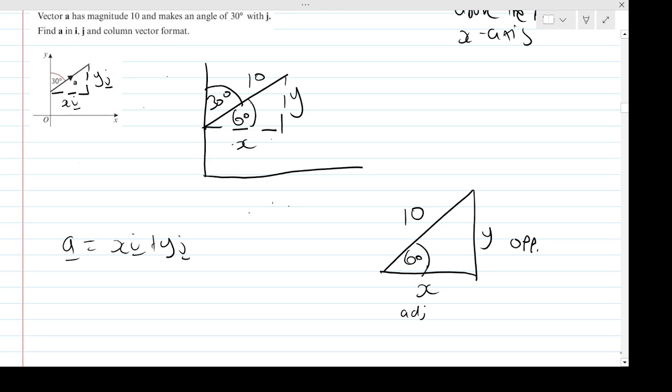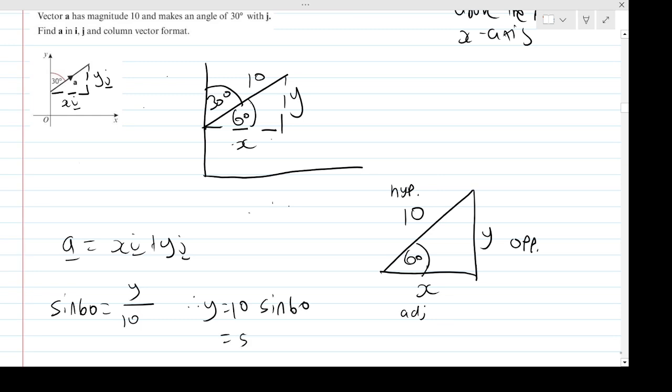Okay, so firstly, to find x, we know that 10 is the hypotenuse, if I label this the hypotenuse. So then we can use SOHCAHTOA, we can use sine, so sine of 60 is going to be opposite, which is y, over the hypotenuse, which is 10. So therefore y is going to be 10 sine 60. If I put that in the calculator, then the y part is going to be